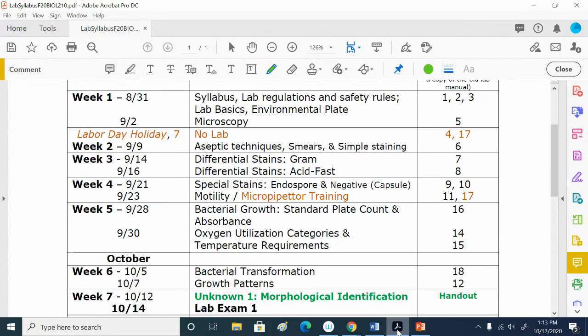So, things that we normally would have done, but we're not doing because we're not meeting. But you need to understand those general practices. We went through the lab basics handout where we talked about different tools and equipment used by microbiologists. And we did talk about pipetting, which we'll get to in a couple of minutes, and also about aseptic technique, which we'll get to in a minute, using loops and things like that. For the environmental plate,